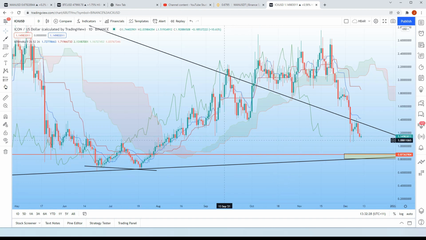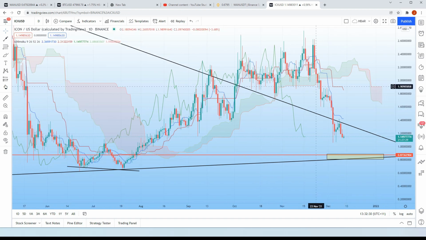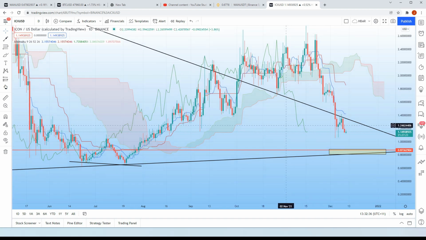Essentially, anytime we're underneath the clouds, we're looking for short positions. We're not looking to enter in any longs or buy and hold any spot. The point at which reversal happens is when we break through a green cloud and we crack over the blue conversion line. All right, so at the moment we see we've dropped that blue conversion line, we crashed downwards,